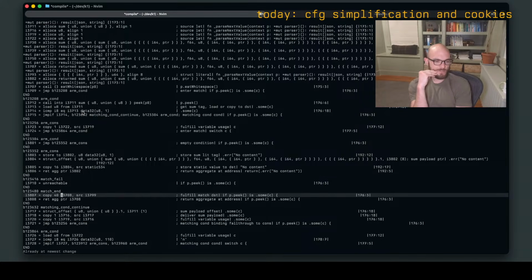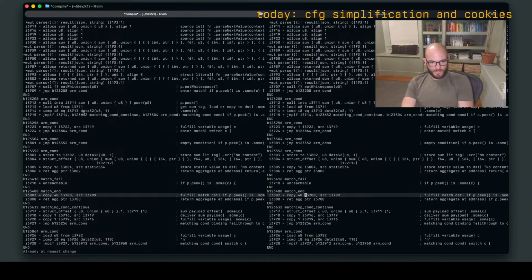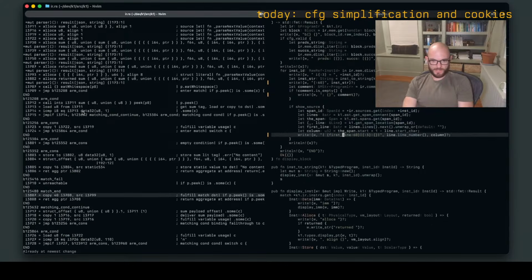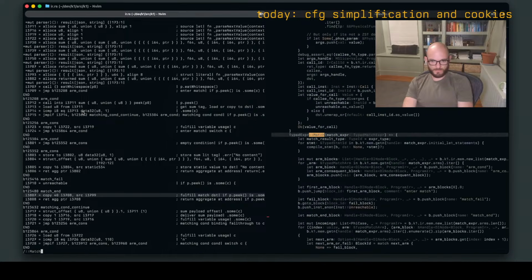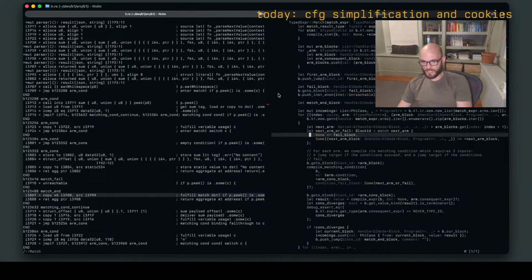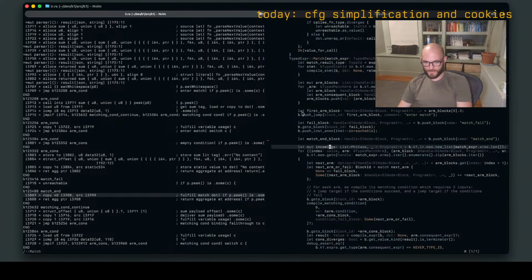No, yeah, that's 100% why. Oh, this is why. All right, because this looks like it's gonna have things be in the right order, because we'll have all the arms and then the fail and then the end. But